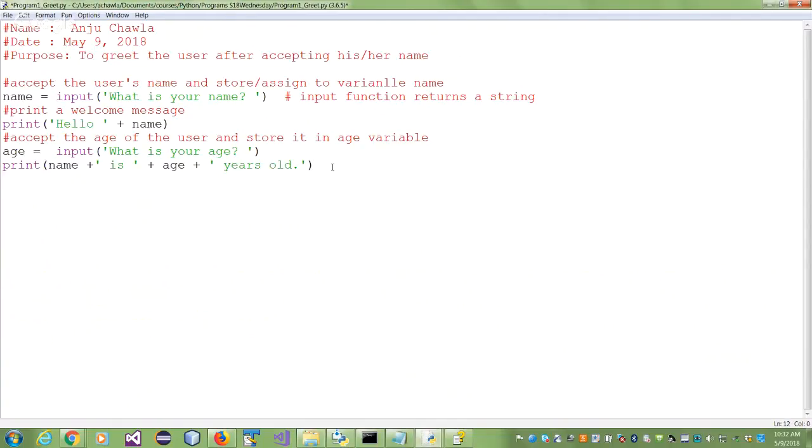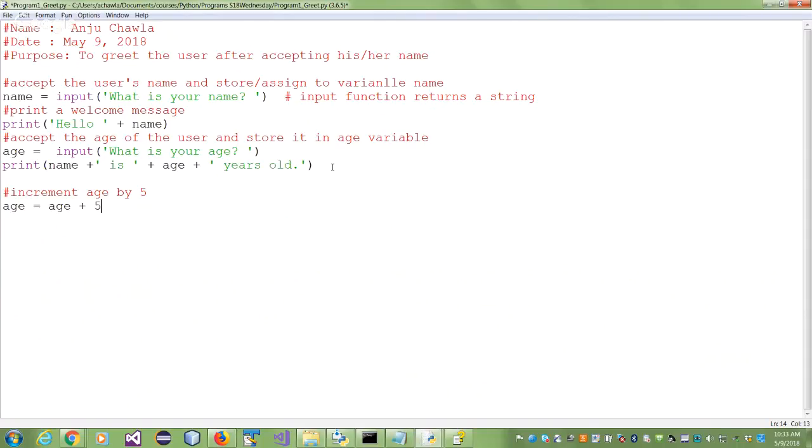Now, I just want to take the age and increment it for whatever reason. So I take the age variable and I assign the old value of age and add 5 to it. So the assignment operator, the right hand side happens first. So I take the original age, I add 5 to it, and I put it back in age. Do you think it will work? Or have I made a mistake? Should work. I just added 5 to age.